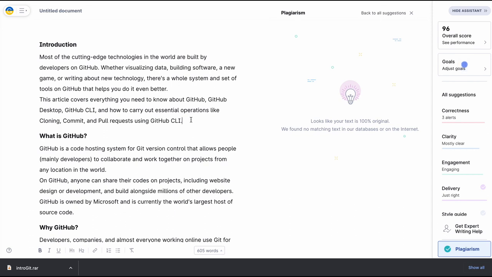Most of the cutting edge technologies in the world are built by developers on GitHub, or developers using GitHub, or developers using a source code storage.